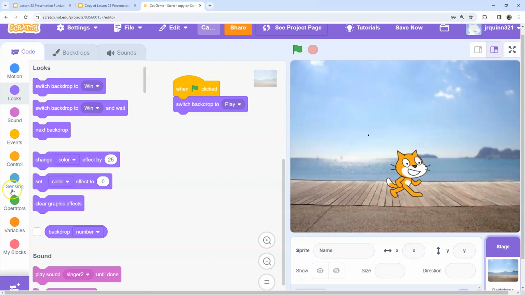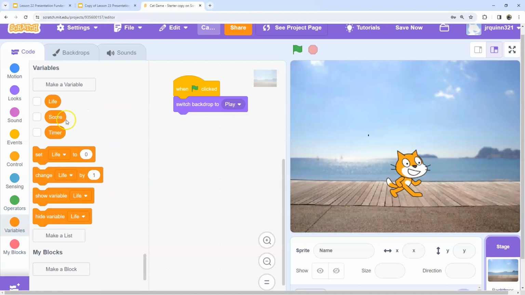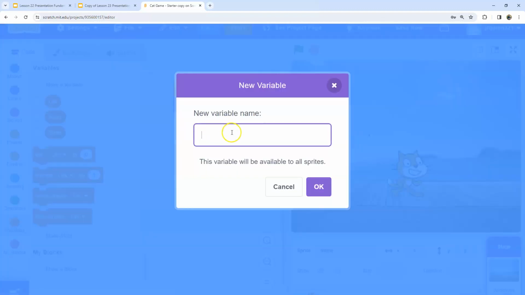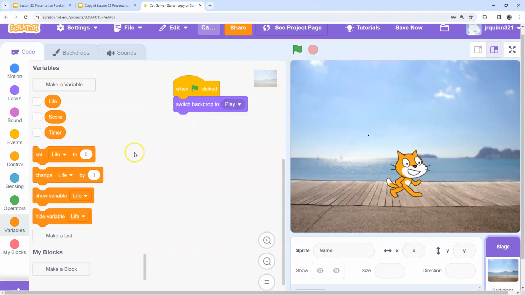We can initialize all our variables here, but in this case we just need to create them first. So remember how that works. We're going to click make a variable, and the first variable is going to be called score. Click OK. And the next one we're going to need is